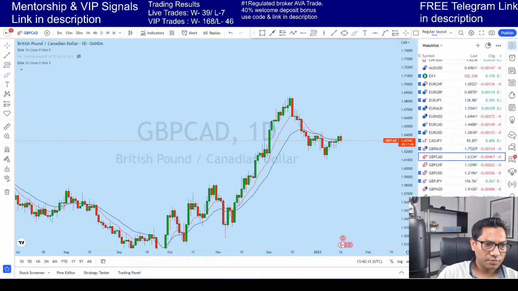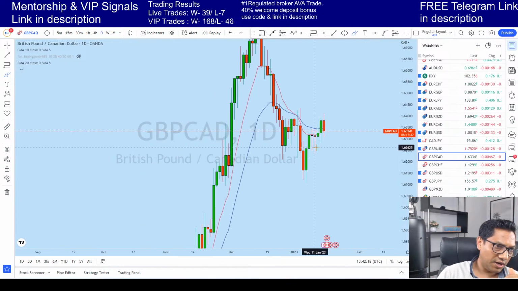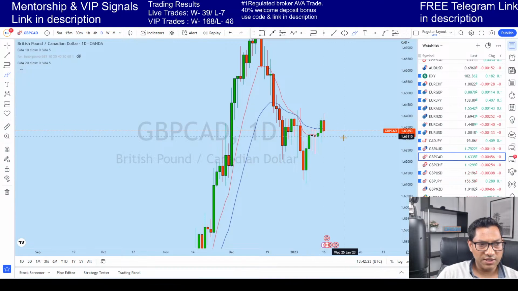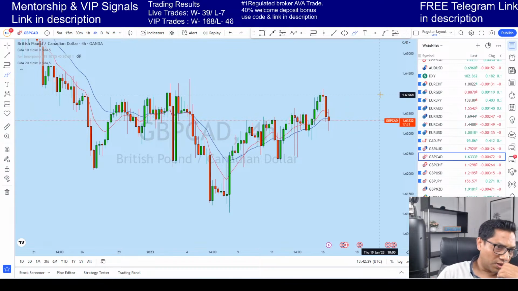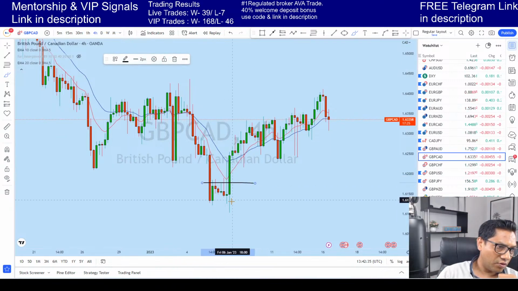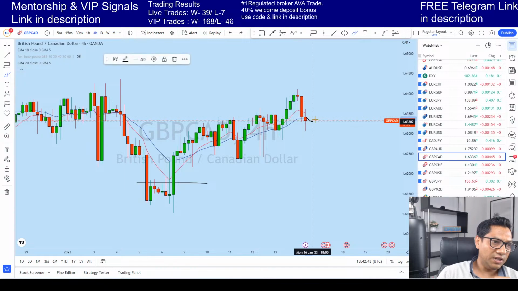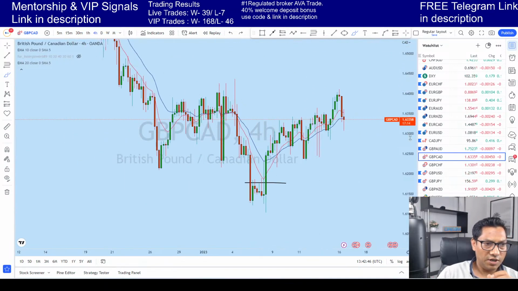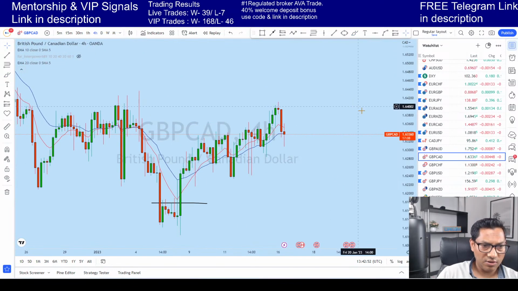Looking at daily, from the daily perspective we see that this market is now creating, after this move, a retracement, but you can see that it's basically very choppy from the lower time frame perspective. The market structure, starting from here, is still highly bullish, but we might see even sideways movement as I mentioned earlier. So I'll not be a seller in this market, but the price action is bullish or sideways.